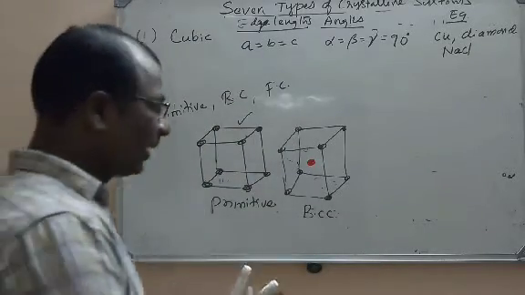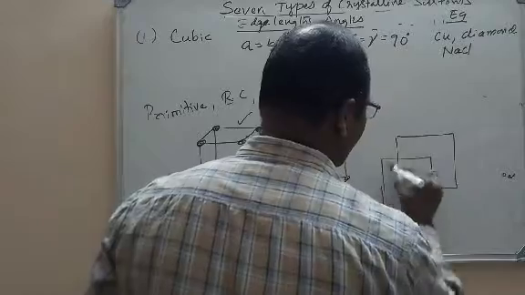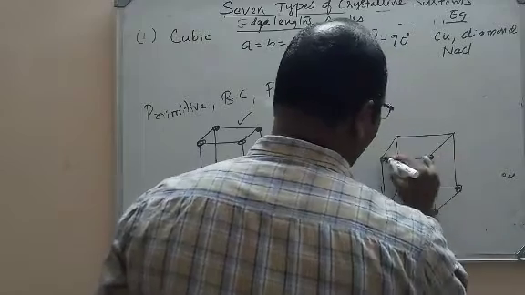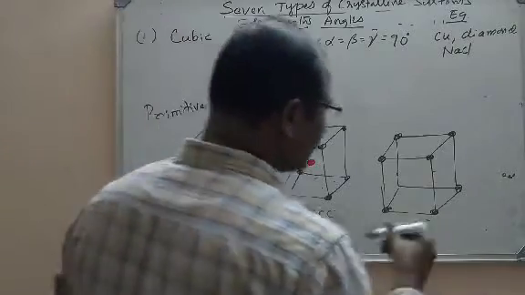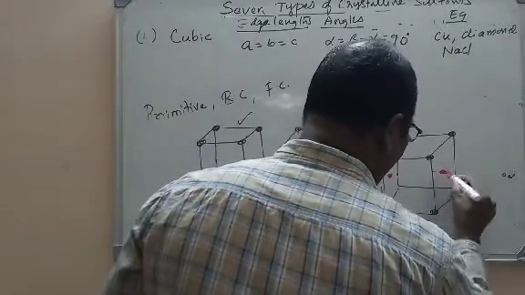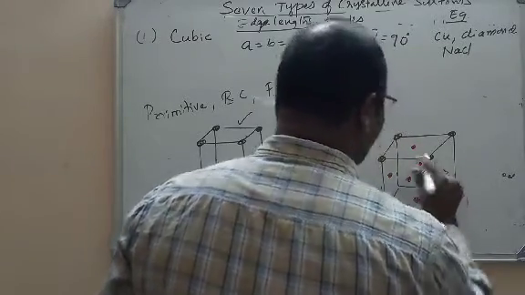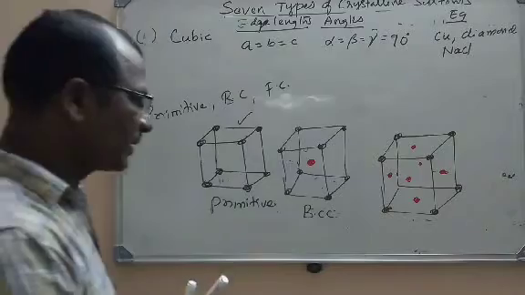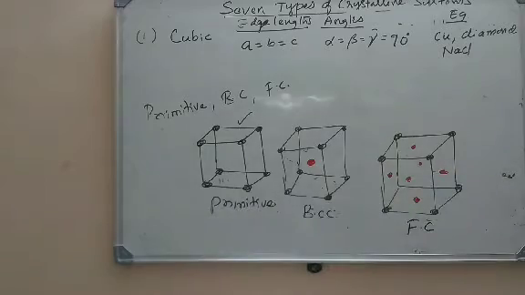And here lastly, we have face centered. So this is a cubic crystal. In this cubic crystal, what we know is 8 points are at the 8 corners firstly, and then there is a point at the center of each face. Look here, 6 faces. We have placed 6 points at their centers. So this is a face centered cubic crystal, face centered lattice.